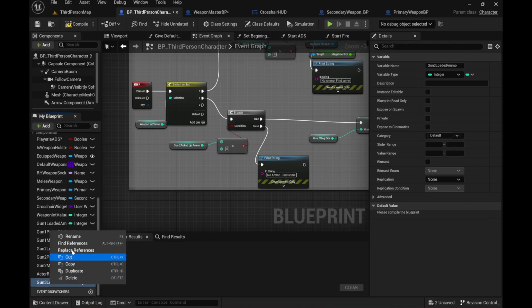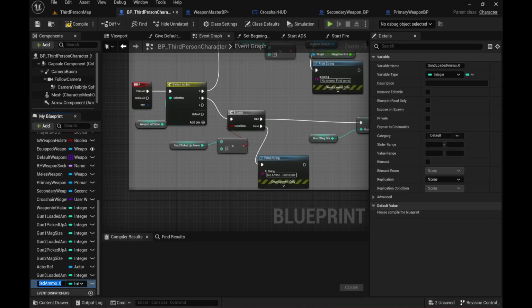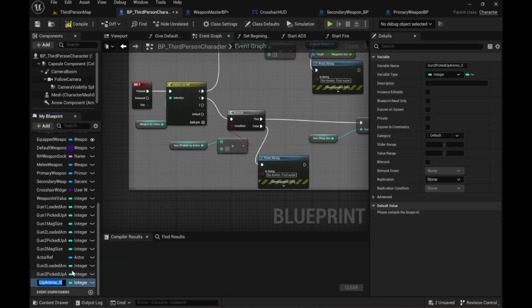Now we're just going to duplicate this, and instead of calling it loaded ammo, I'm going to call this gun3 picked up ammo, and then we're going to duplicate it again, and we're going to call it gun3 magazine. Oh, just mag size. Keep it all the same, right? Alright, now